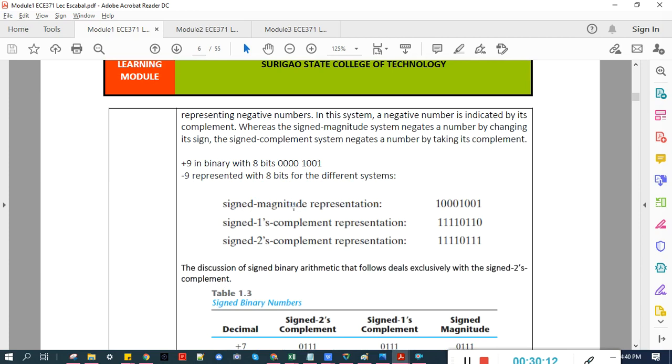For signed magnitude, the leftmost bit is the sign. So -9, we just make the 0 here as 1 to indicate the sign. For signed one's complement,